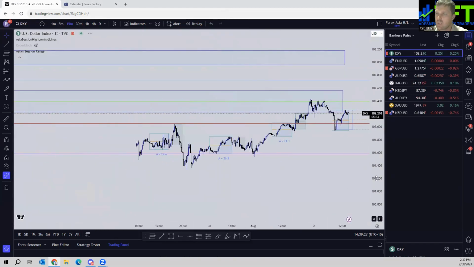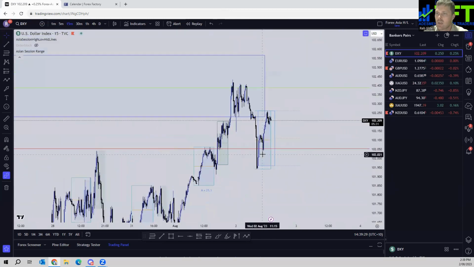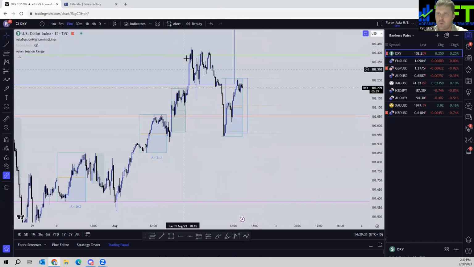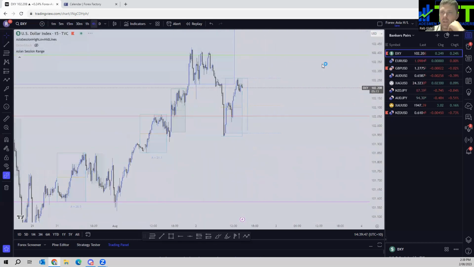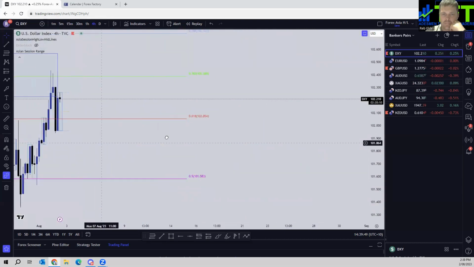Well, we can see here the 15-minute has flipped. So we've had a push up, we've had a pull back down, and we've then consolidated and then pushed further down last night. And the start of the Asian range today has actually taken out that low. So the 15-minute has flipped. Jumping out on the 4-hour here,